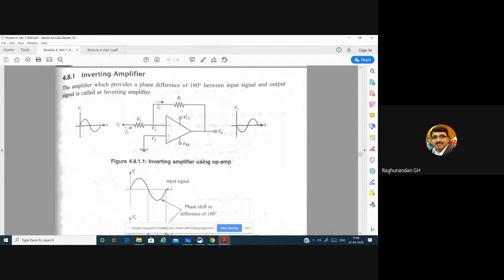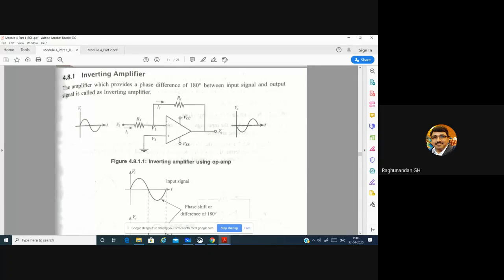So this is how you have to analyze things, and this is how they want you to know things. Even if you go for interviews, they'll ask simple questions. Yes, you are telling high input impedance or low output impedance. Why does it have high input impedance, low output impedance? Simple question. We just keep on telling the parameters, but why? This is the reason.